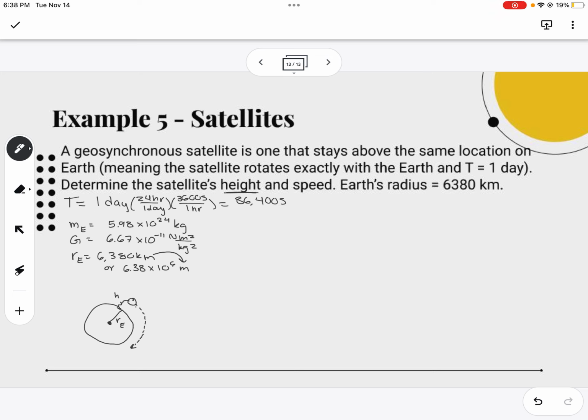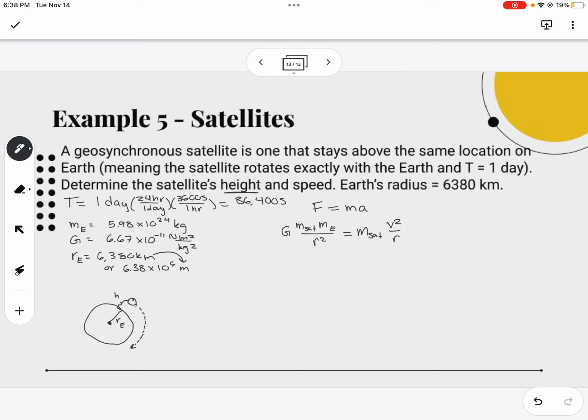We're going to start out going all the way back to F equals ma, because remember, even when we're doing circular motion, everything goes back to F equals ma. The force at play here would be gravitational force. So I'm going to use Newton's universal law of gravitation: G, mass of the satellite, mass of the Earth, those are my two objects, over the distance between them squared, equals m, so that's the mass of the satellite, and then a. It's circular motion, so it would be centripetal acceleration, so v squared over